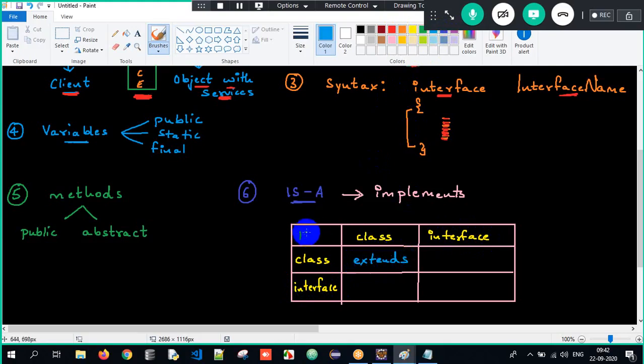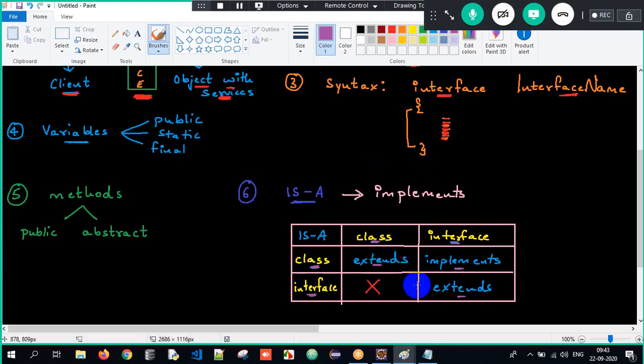But class to an interface we don't make use of extends, rather we make use of a predefined keyword called implements. Interface to class we don't have any relationship at all, but interface to interface we again make use of extends. So in simple English, class to class extends, interface to interface extends, but class to an interface implements, and interface to a class there is no relationship.